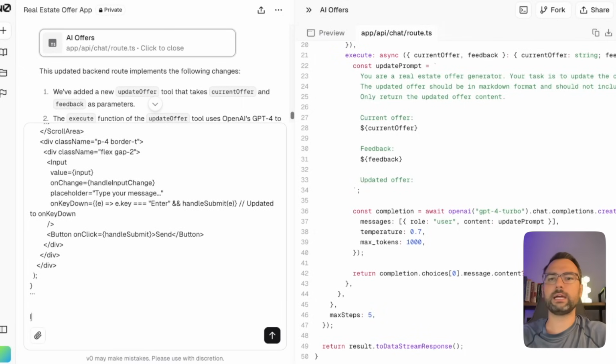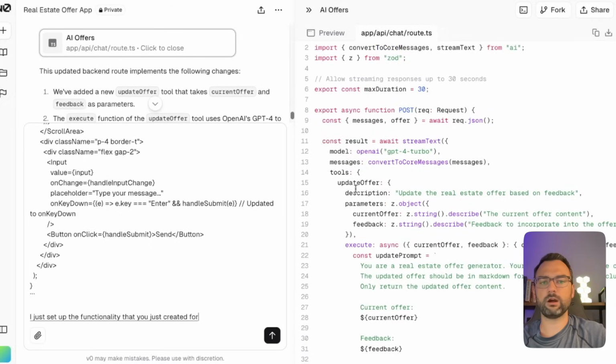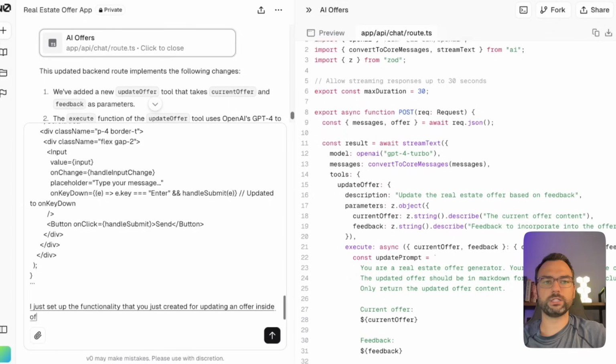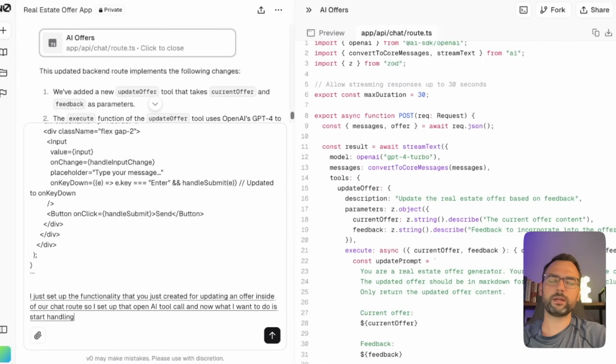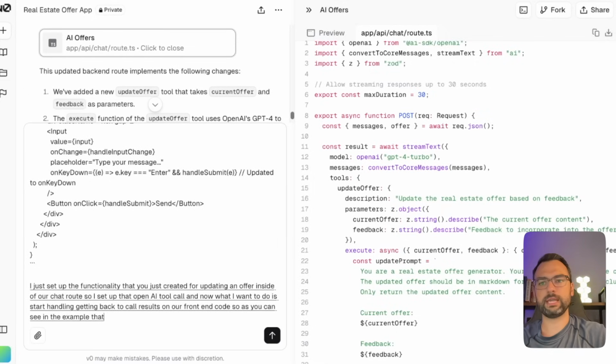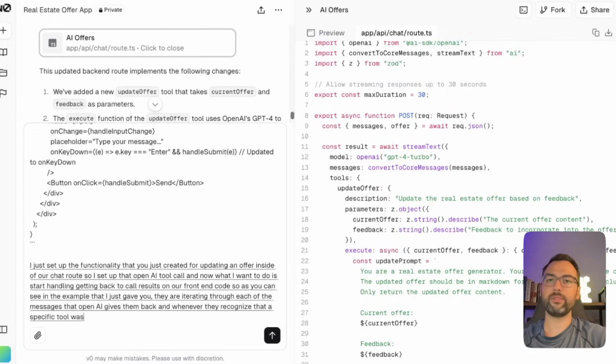I just set up the functionality that you just created for updating an offer inside of our chat route. So I set up that OpenAI tool call. And now what I want to do is start handling getting back tool call results on our front end code. As you can see in the example that I just gave you, they are iterating through each of the messages that OpenAI gives them back. And whenever they recognize that a specific tool was called, they add that result to start working with inside of